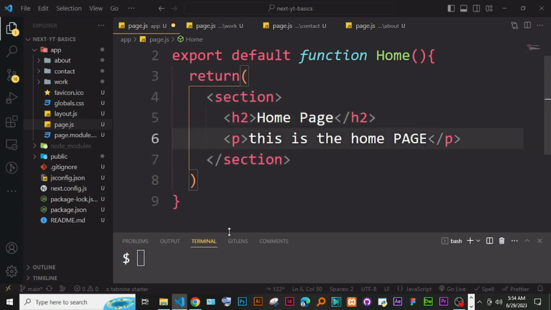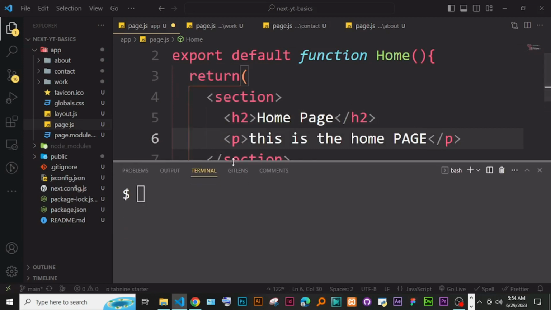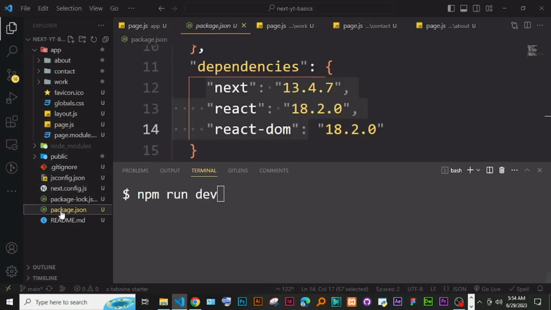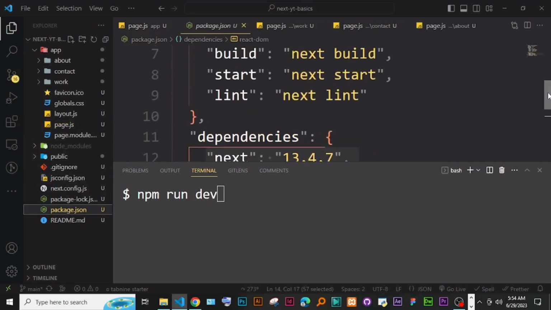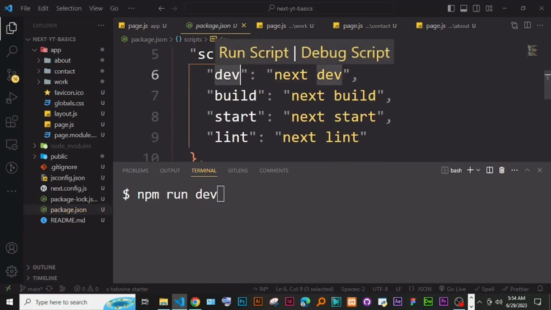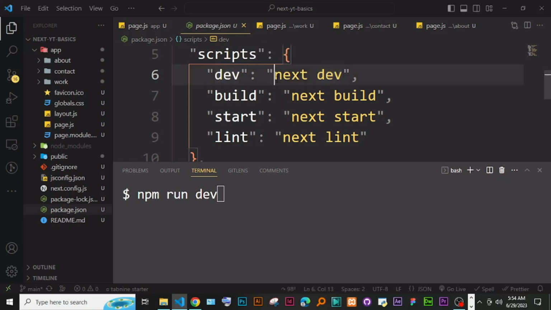Now to see this page in the browser, what we simply need to do is say npm run dev. And where we are getting this command, run dev, we are getting it from our package.json under scripts. When you go to scripts, you see there is a dev command, and dev means development. So when you run npm run dev, it's like we are running this script, which is going to run next dev. Okay, so when I run it like that,